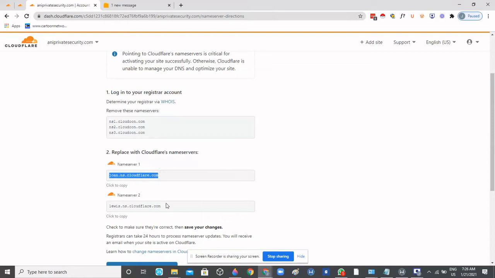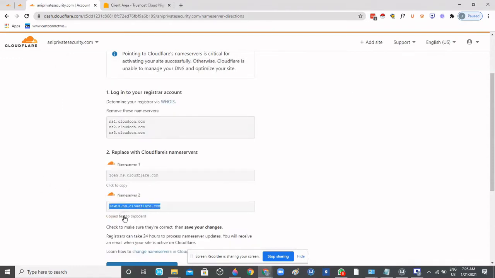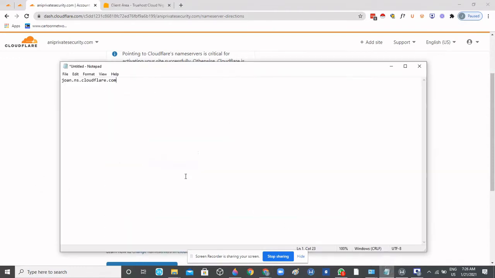So first, I might just like to copy them out. I'll click to copy, then come to a notepad here, paste that right in. Then we also click this one, then also paste that right in. So the next thing for us is to